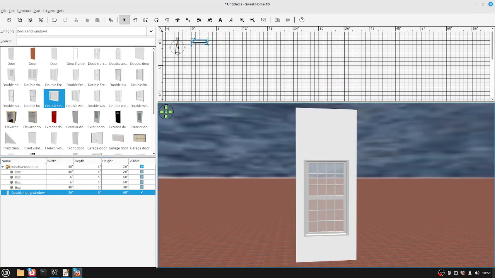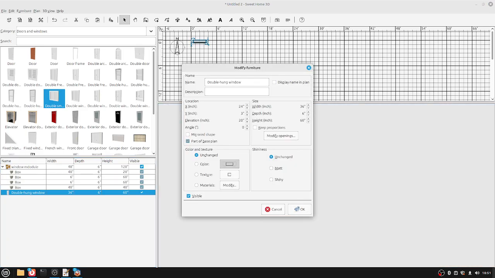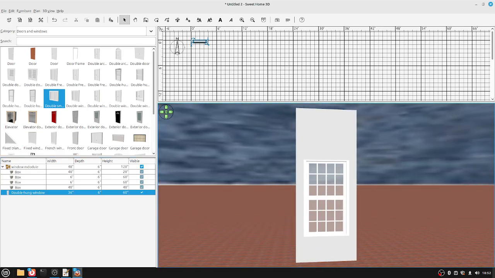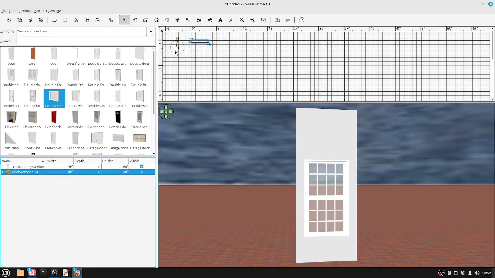Okay, so we got our wall module, and I can also make it white. So I'm just going to make it white, because that's kind of nice. Did you group those two together as a group? The window and the wall? I did not, because sometimes